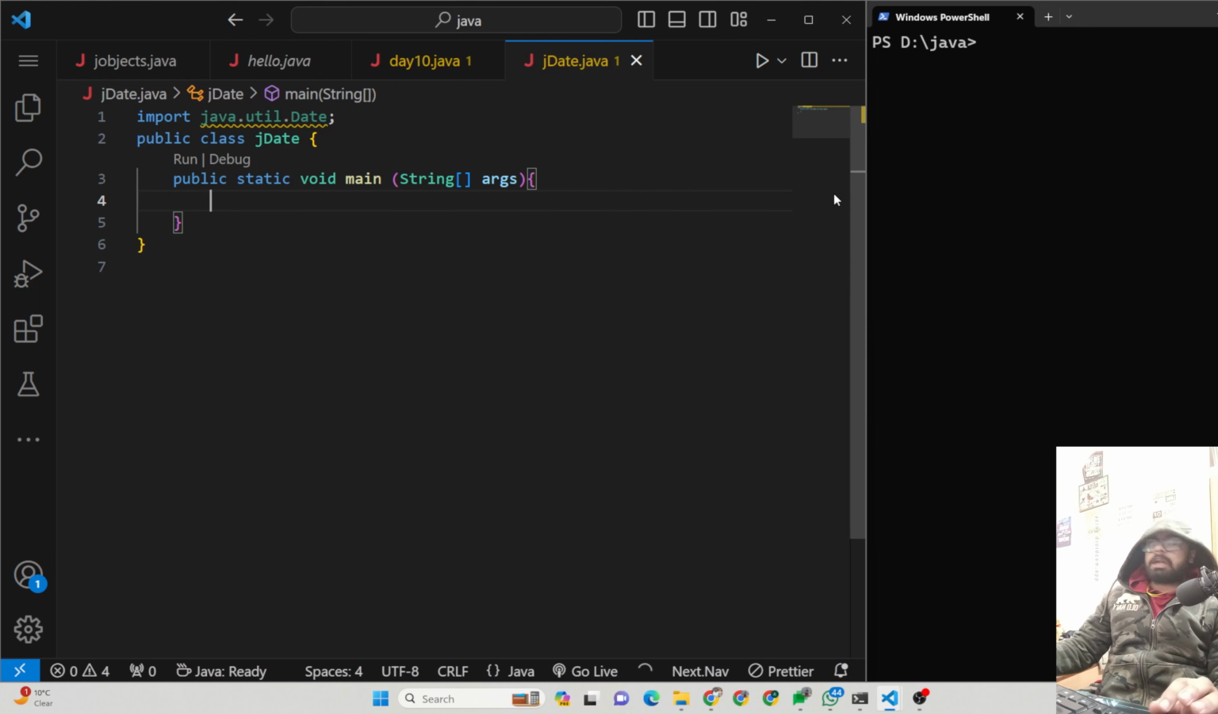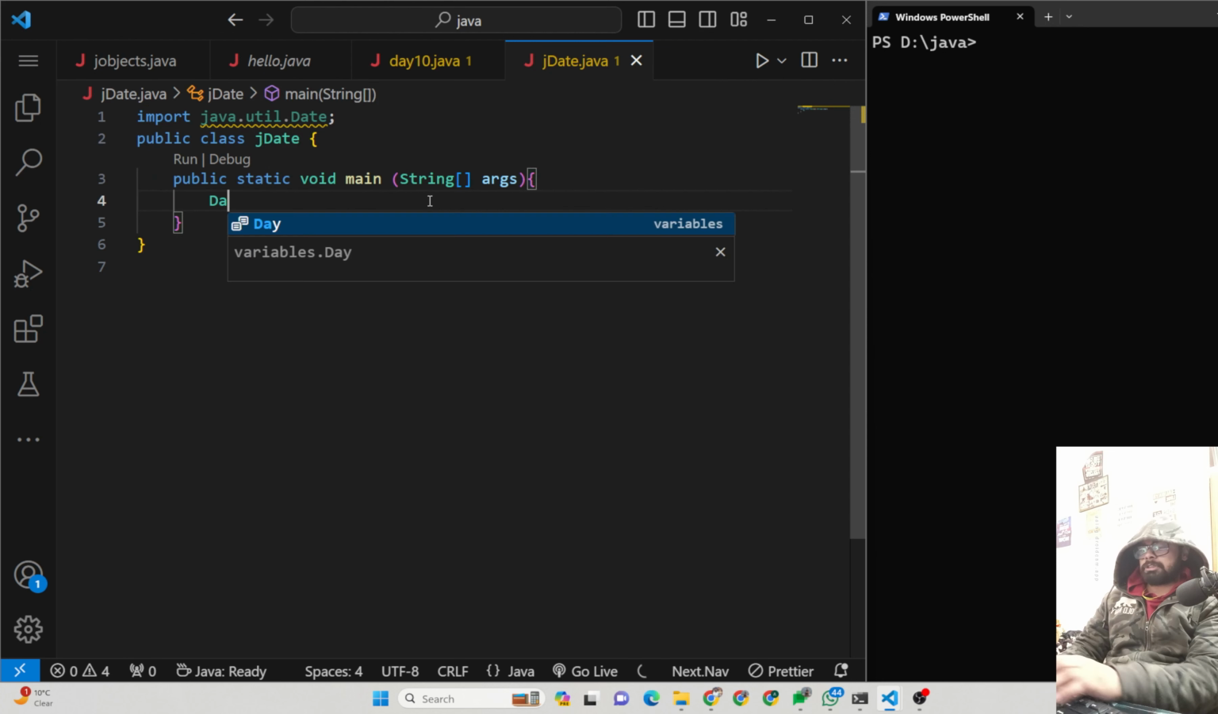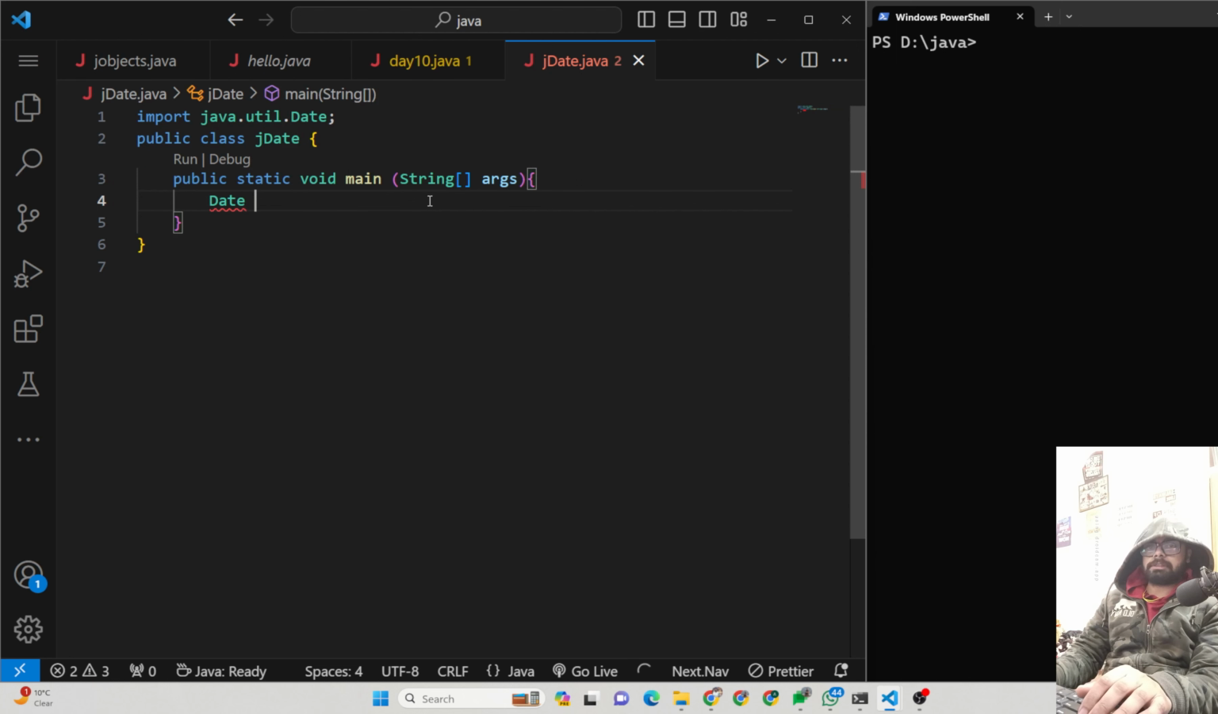So today we'll be starting on dates. What are dates in Java? I have created a class JDate and in this there is a main function. Now here I just use Date, which I've already imported from java.util, and I write Date currentDate